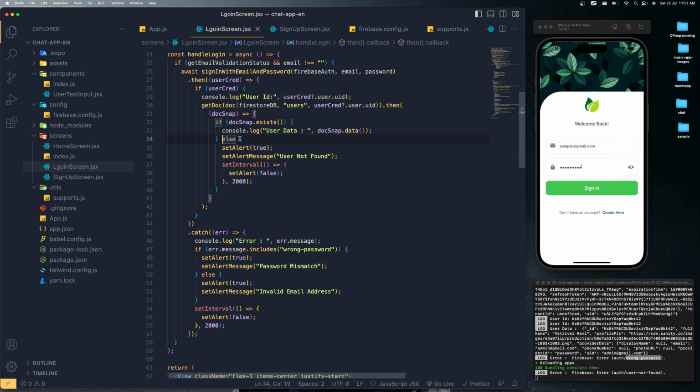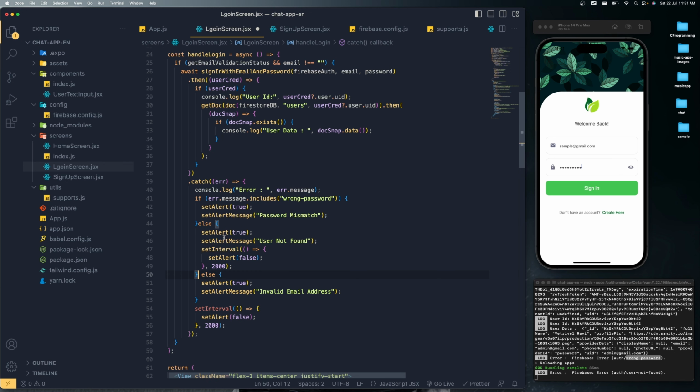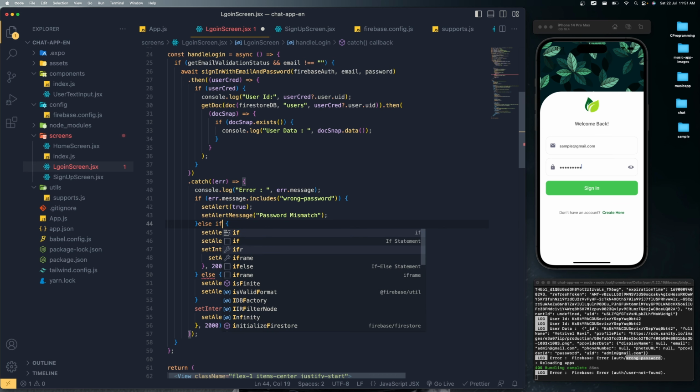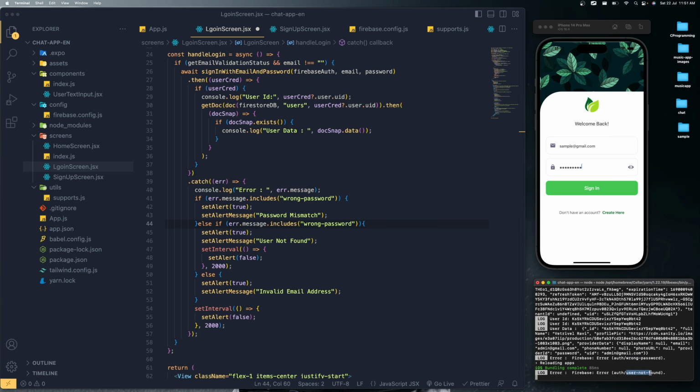So what I'm going to do is cut this completely, because if the document does not exist, it's directly jumping into the catch block, because that error happened. That's the reason we are not getting that error over there. So we can simply paste it over here. This is going to be else if this error message is equal to, copy and paste it. If that error message is equal to this user not found,